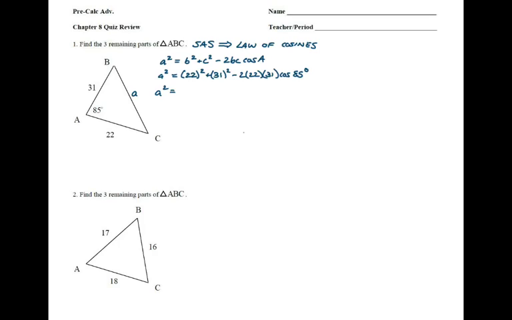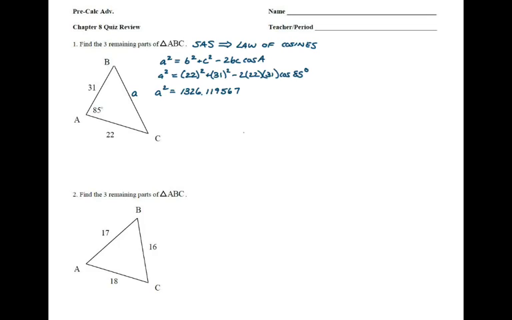85 degrees. And what I would do is use the advantage of having a calculator, and I'm just going to put this long string of arithmetic in and find a value for A squared. If you want to write another few steps of actually multiplying this stuff out and writing that's fine, but I'm going to go straight to this. So 22 squared plus 31 squared minus 2 times 22 times 31 cosine of 85 should be